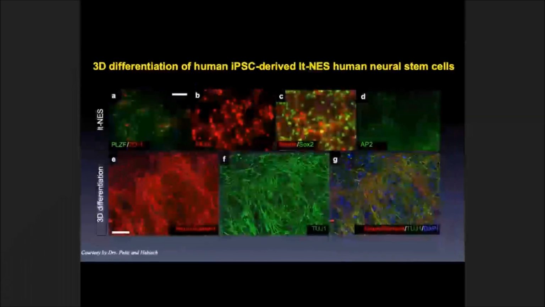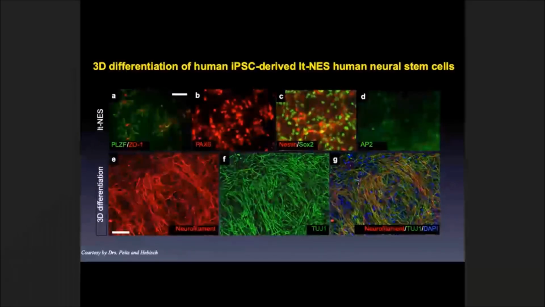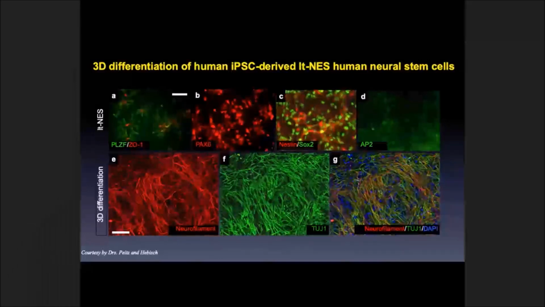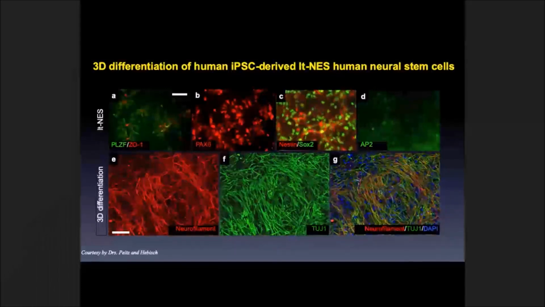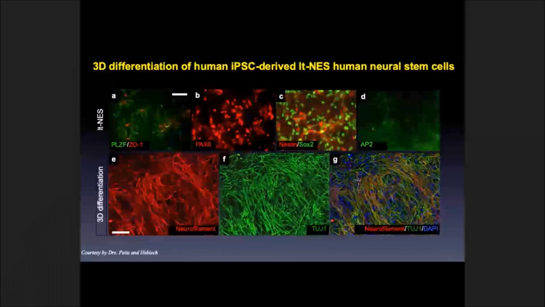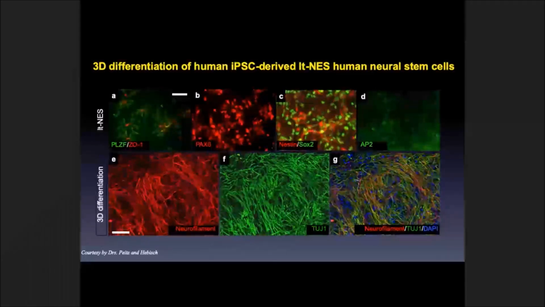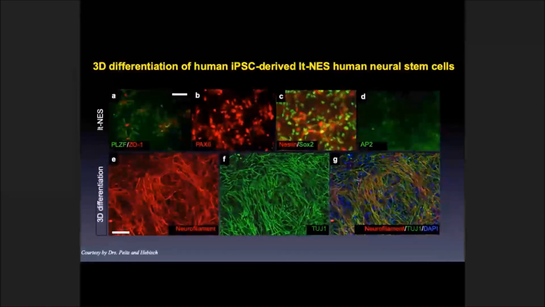And another interesting thing is that this methodology is applicable not only to the cells we have, the stem cells we used at the beginning, but to all iPS-derived cells. And this is one of the examples. This is ReNcell, the iPS-derived human neural stem cells. And I think this is 4 months old, differentiated in 3D. And you can see these human iPSCs in 3D make robust connections inside without any problem. So this 3D culture methodology can also be applicable in diagnostic